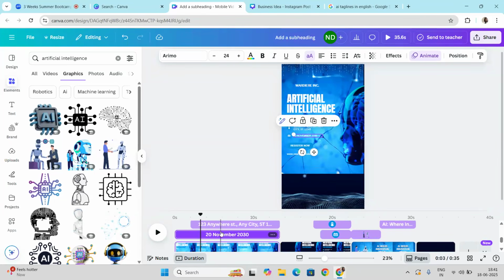Like now, we are saying November 20, 2030, 123 Anywhere Street, all those things will appear automatically when you click on the elements. So you don't have to do anything in the listed format. Only thing is you have to add the elements over there, and you have to click on that. Once in the top screen, like in the full portrait, if you add elements, it will be automatically taken and listed in the bottom page.